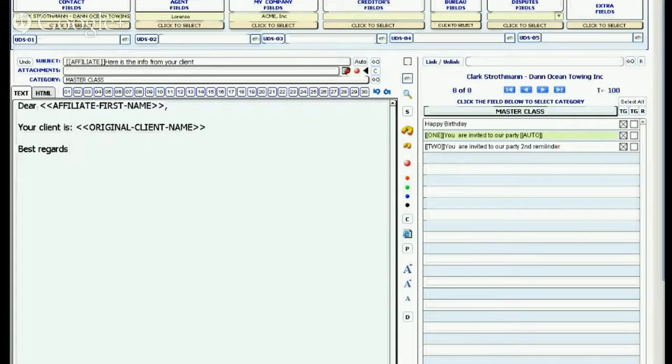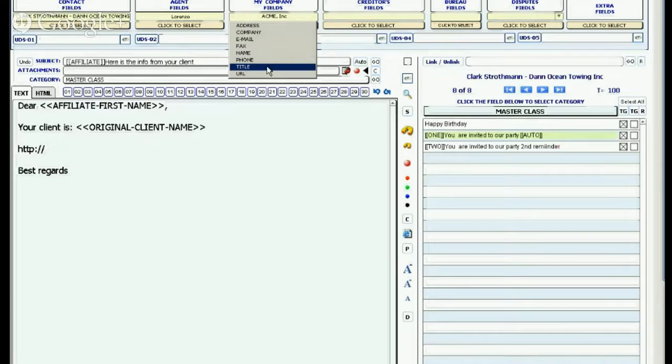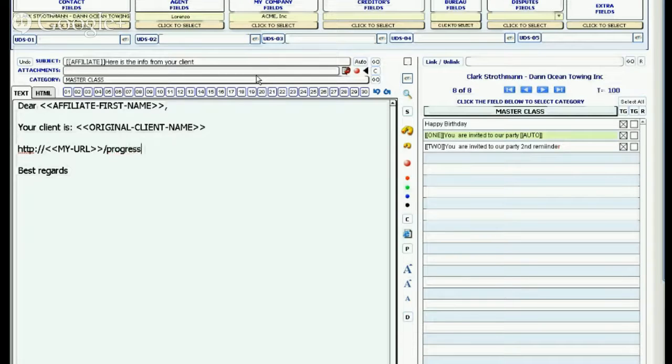the link. By the way, you know how the link is created, but in case you don't know, probably what you want to do is something like this: HTTP, and then you have here in the fields the URL, right? And then for the progress will be progress, and then progress. Well, you can copy that from your template, but I'm doing it by heart. I hope that I'm doing it correctly, but I think it's okay. So essentially, I will do something like this, and I will add